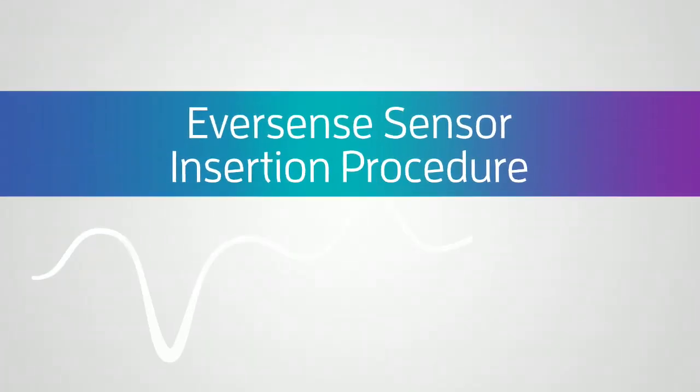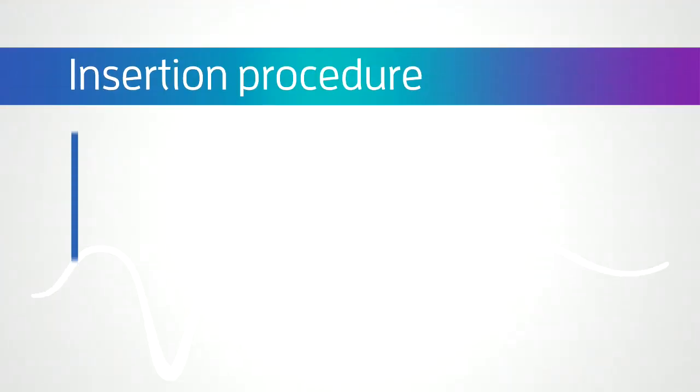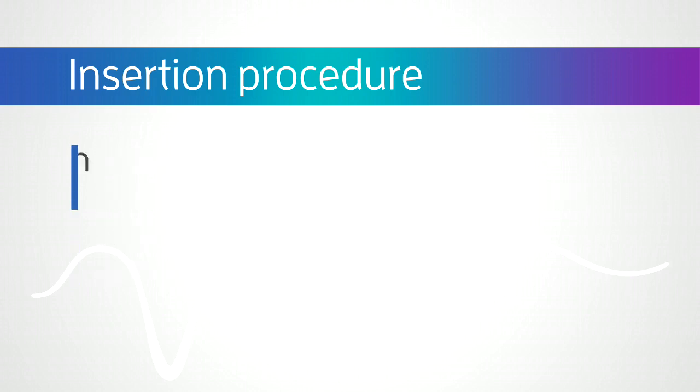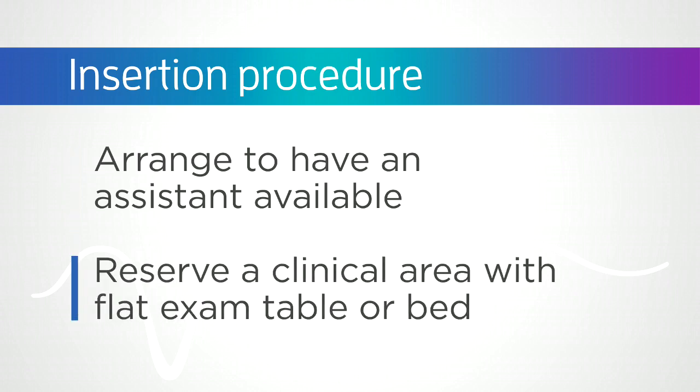Before you begin, gather all of the necessary supplies and verify that none have passed their expiration date. Also, check that none of the supplies or supply packaging have been damaged or opened. Make sure you've reviewed the warnings and precautions in the Eversense CGM sensor insertion and removal instructions. Arrange to have an assistant available during the procedure, and reserve a clinical area with a flat exam table or